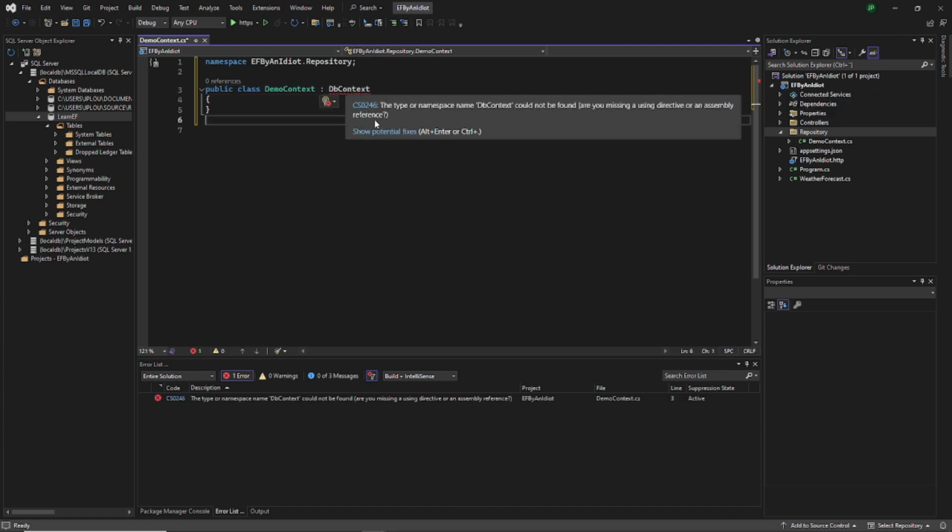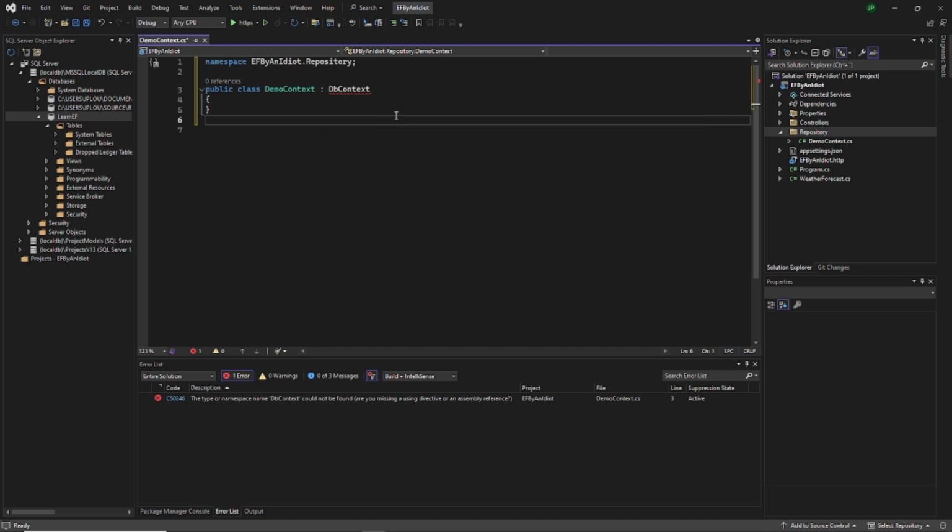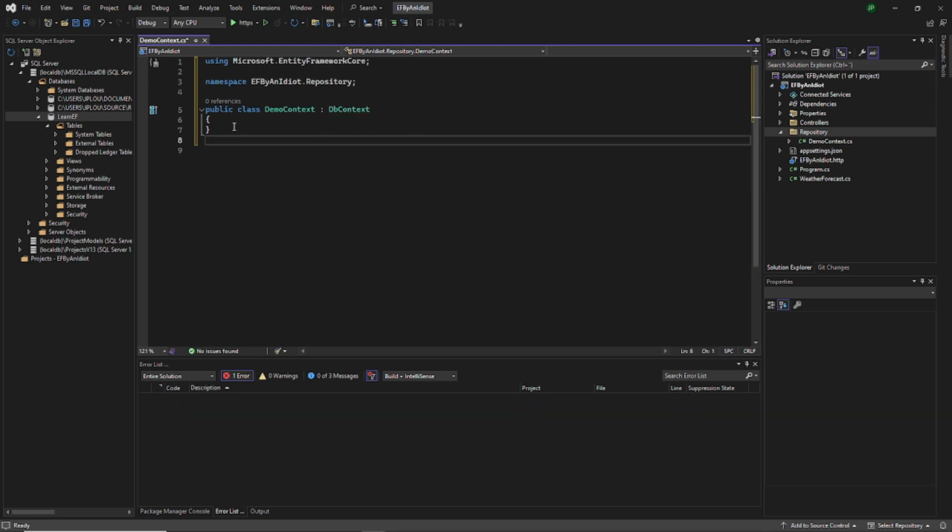Oh, and we need to add a reference. Great. So this is our context file, and basically this is where we set up our tables, our data sets,